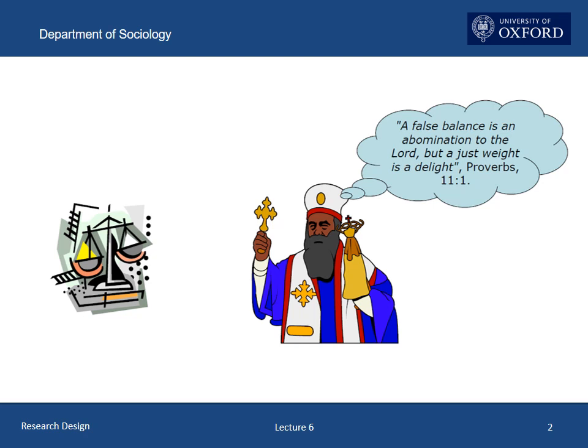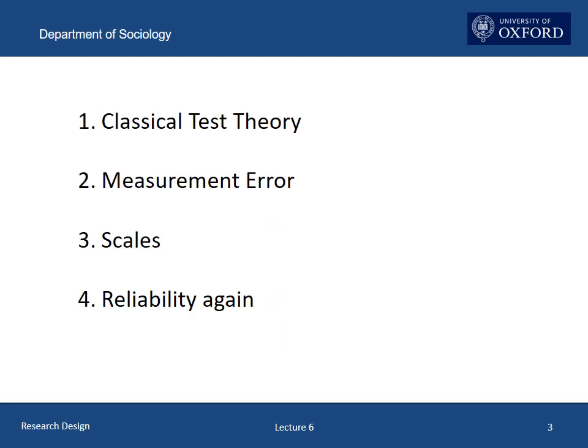There are 4 parts to this lecture. In the first, I will set out the modest formalization of the measurement process known as classical measurement theory. In this context, I outline the idea of the reliability of a measure. After that, I move on to consider the implications of the simplest type of purely random measurement error in a regression model. In this section, I illustrate the key ideas with the results from a series of simulations.